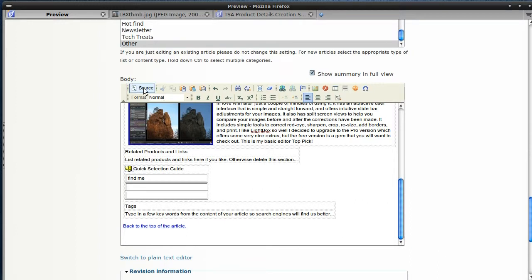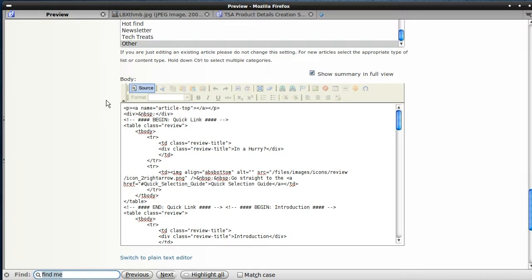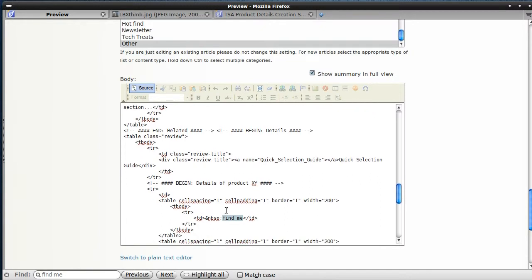And you'll want to come up to the button that says source, click on that, and then bring up your browser's find utility, which right here, and I've already got the words find me typed in. You type in find me and you click next until you find that line of text, find me. In this case, what you want to do is you want to select the whole line there where find me is found,